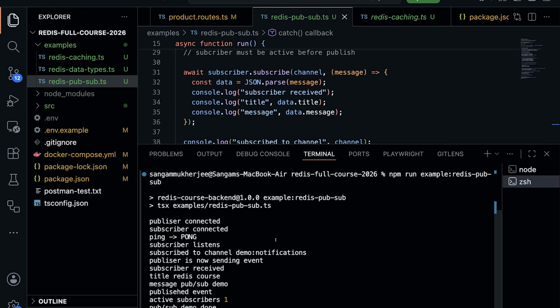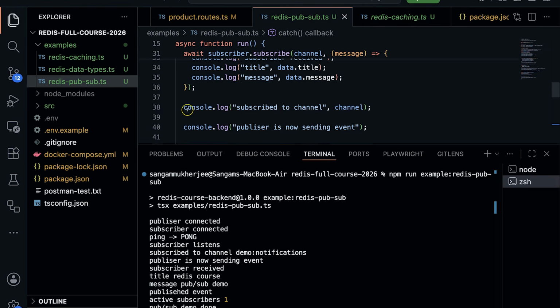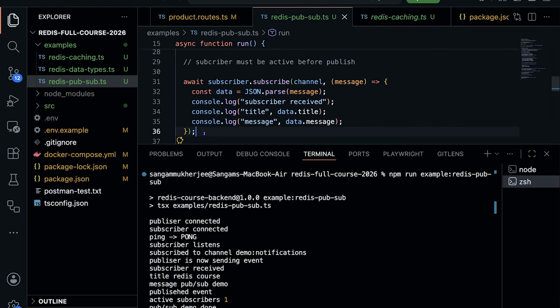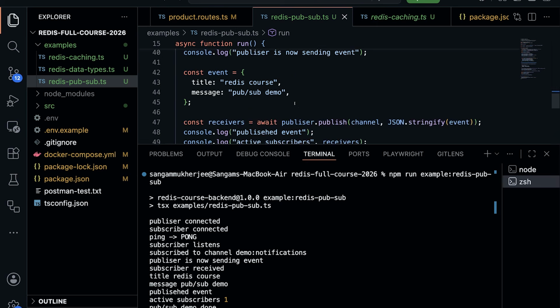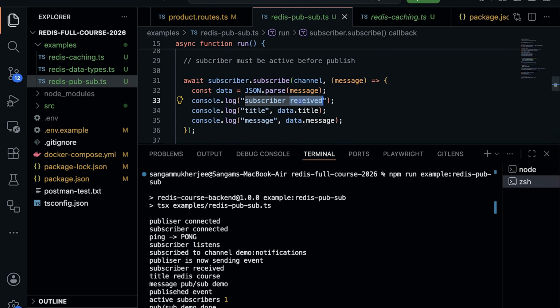Now here you will notice one thing, subscriber listen. Now you say subscribe to channel, which is this one. So before, even though this is active, it's not going to receive the data. Why? Publisher needs to publish, correct? So that's why you're getting subscribe to channel. Publisher is now sending event. Now you can see that you're going to get subscriber received. So title Redis course, blah blah, message, whatever you're sending, publish the event, active subscriber is 1, and PubSub demo